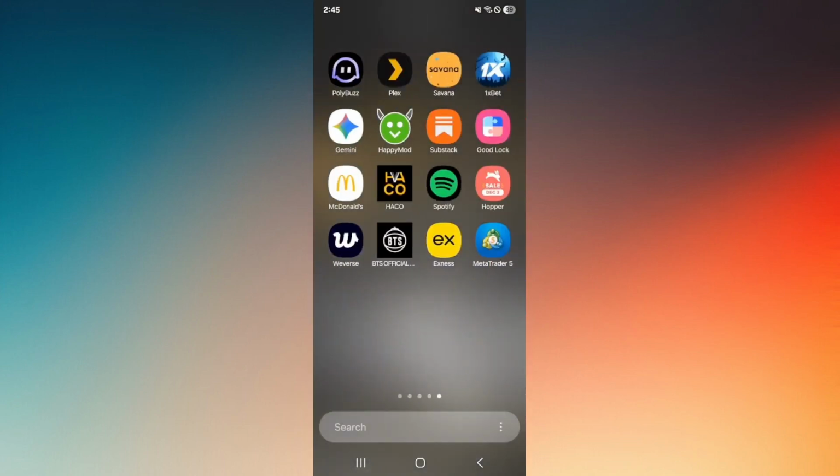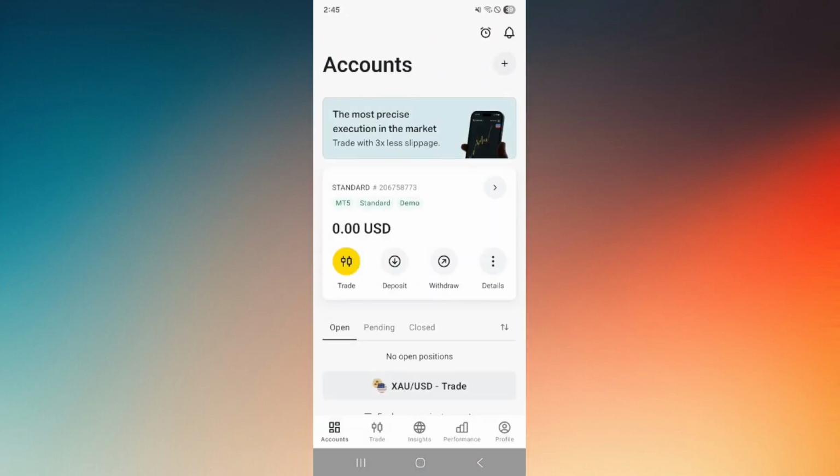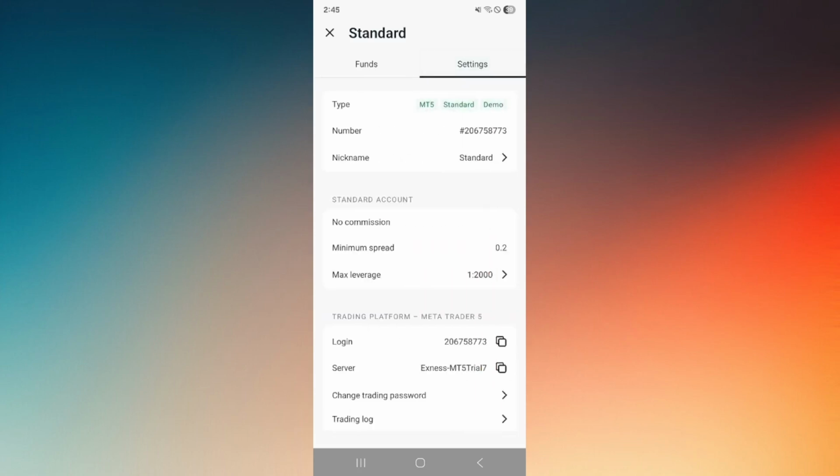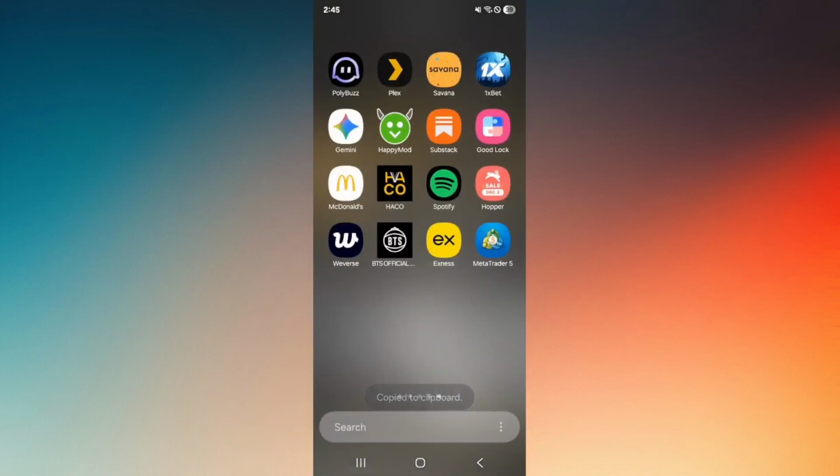All you have to do is go into your Exness account, make sure that you're logged in using your passcode. Now, on your home dashboard, just go into Details, and then from Funds Settings, choose Settings, scroll down a bit, and under Trading Platform MetaTrader 5, under the server list, just simply copy it